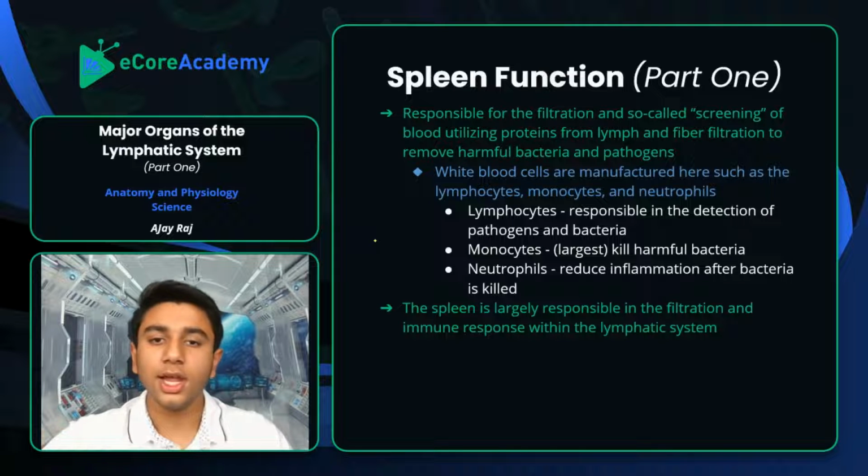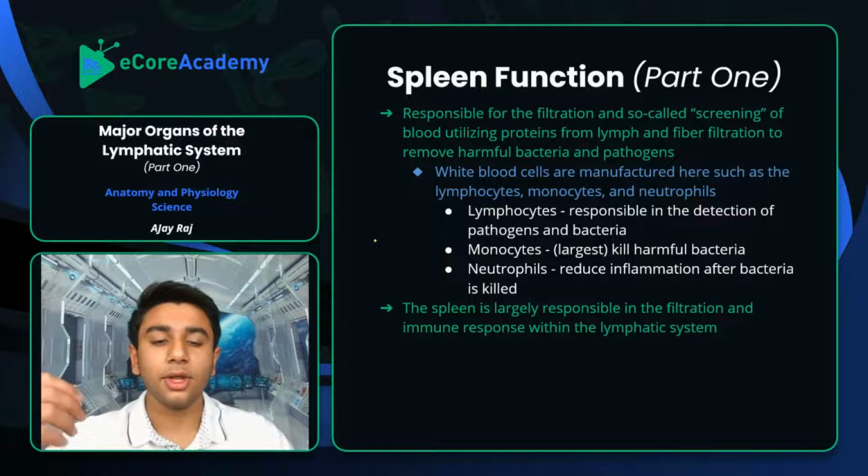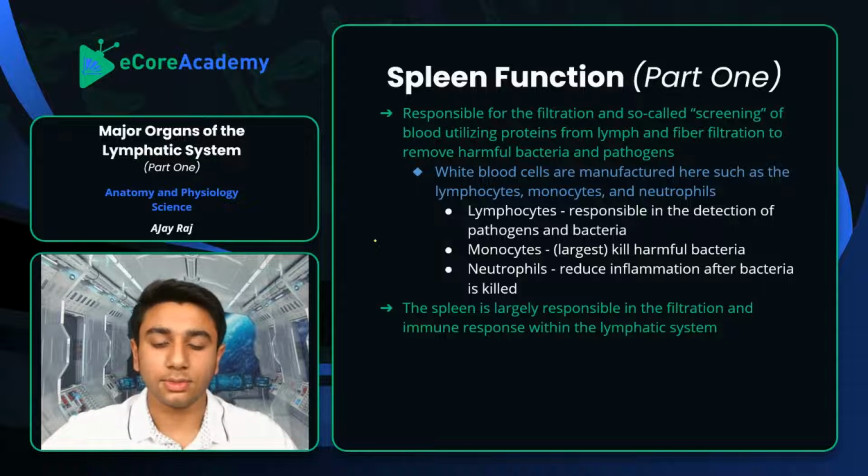Essentially, they're the largest, and they will essentially kill these bacteria. They're the white blood cells responsible in the active response. And then the lymphocytes are the passive response that identify what are some pathogens and bacteria. They essentially keep it in something called your cellular memory, and they keep that memory in order to identify which exact cells are pathogens that the body knows, and they'll keep them essentially to make sure that they know exactly how to respond. And then, of course, you have your neutrophils, which just reduce inflammation after bacteria is killed, because